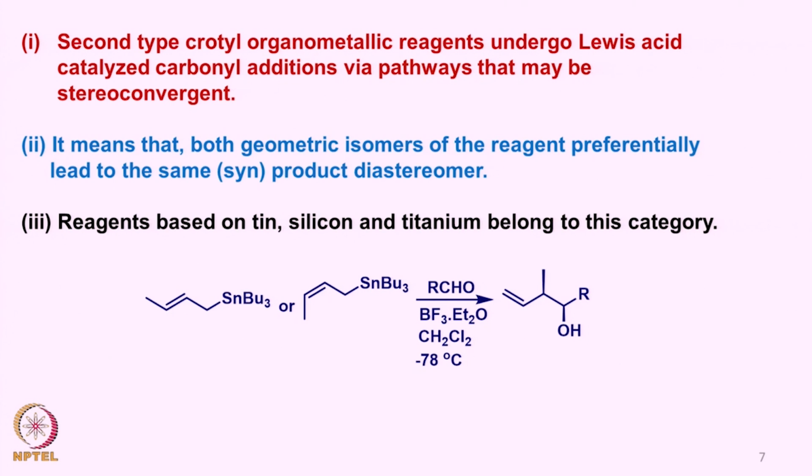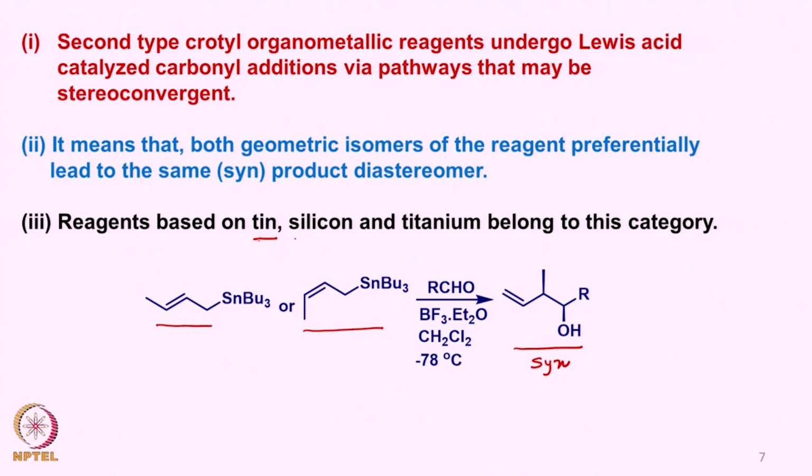Now, the second type of crotyl organometallic reagents require a Lewis acid, and in this particular case stereoconvergent reactions are observed. It means that irrespective of the geometry of the starting allyl tin product, whether it is this or it is this, we generally get the syn product. See here, this is the syn product. So, both geometric isomers of the reagent preferentially lead to the same product,